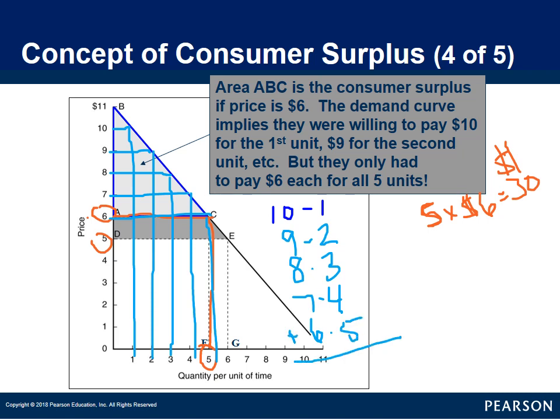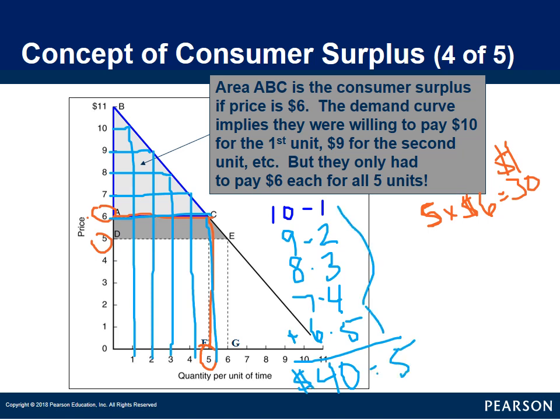So if the consumer bought all of those hamburgers at the price they were willing to pay for each, 10 plus 9 plus 8 plus 7 plus 6, the consumer was actually willing to pay $40